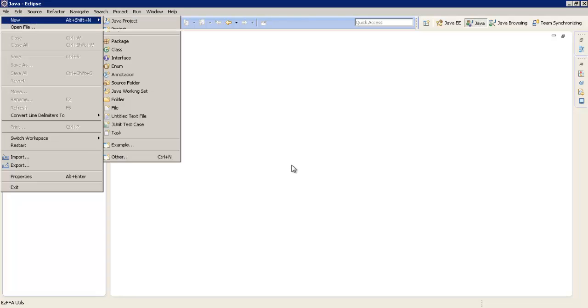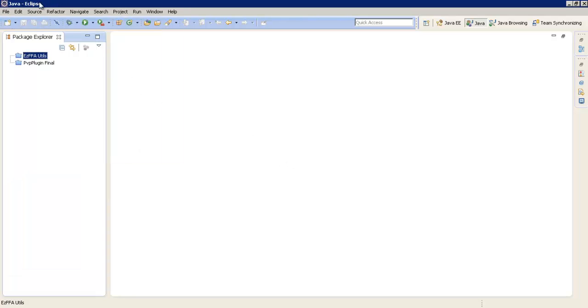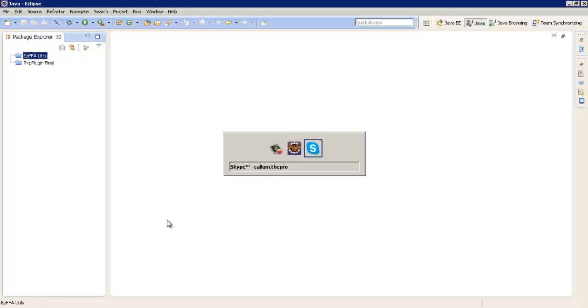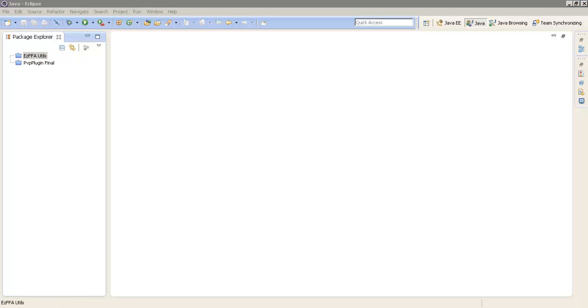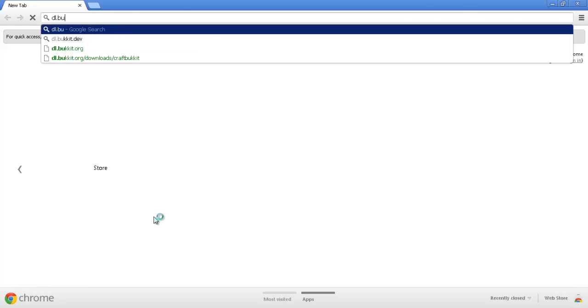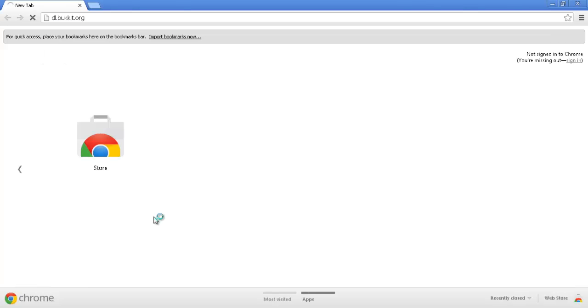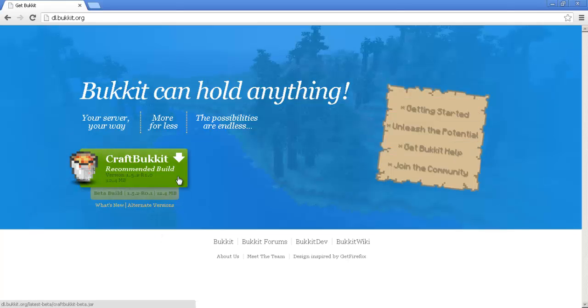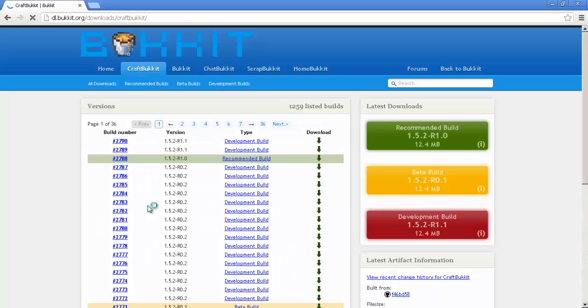So, first things first, you need Eclipse. Now, you can download this on eclipse.org, I believe it is. Let's have a look then. I'll open up Chrome, and I will show you what else you need. You need to go to Bukkit, well, dl.bukkit.org. And you just click the recommended build, or let's say it's not updated yet, you can click alternate versions, and